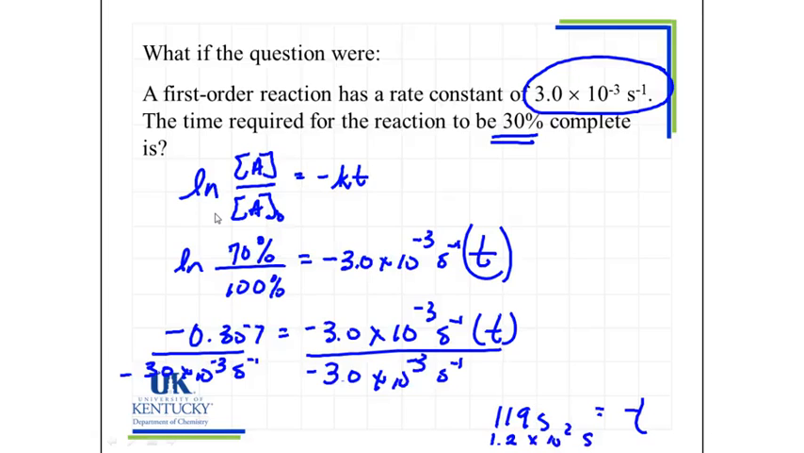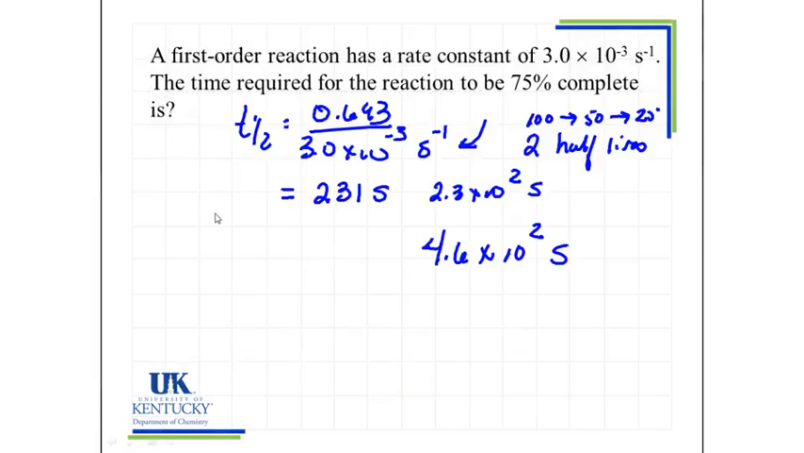Should it be less than the half-life? The half-life was 230 seconds. Well, yes, because the half-life is to get to 50% complete, and this is only 30% complete, so that number makes sense. Now, I want to go back to the previous problem for just a moment,